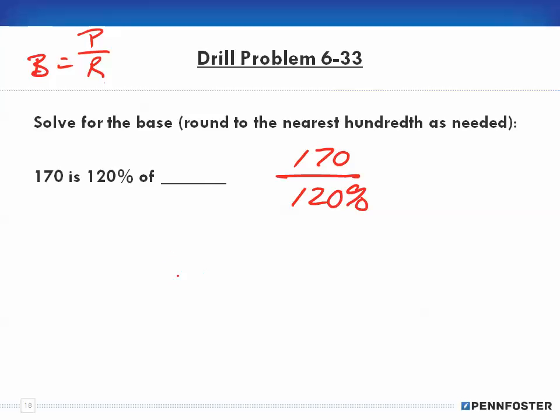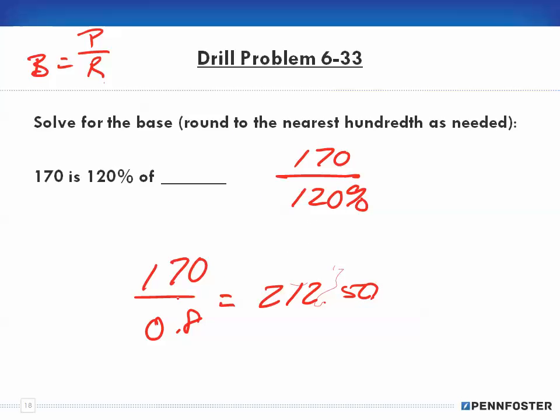All right, let's look at it from this perspective. Here's my 170, and I am dividing by 80%. Okay, I end up with 212.50